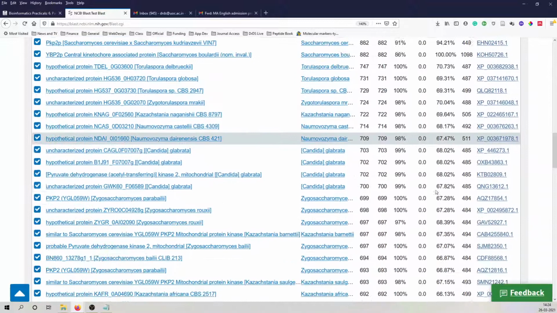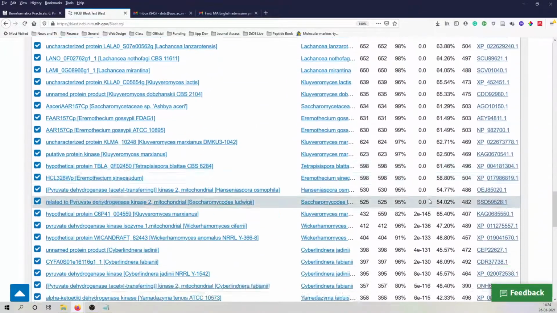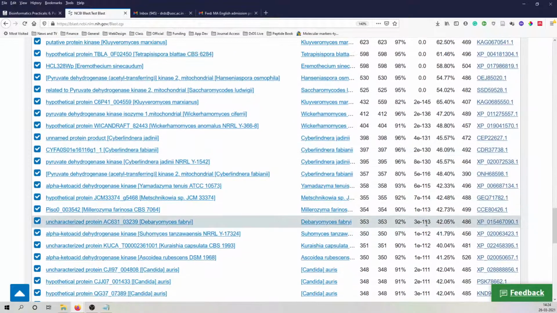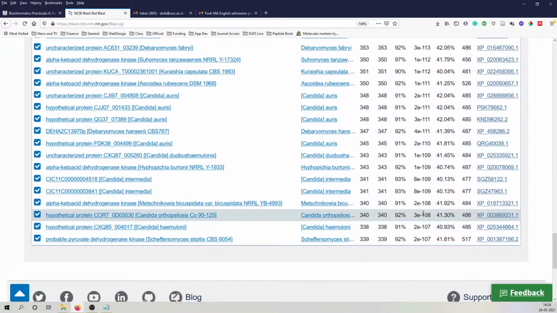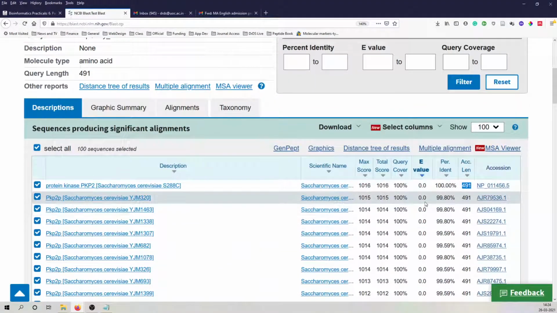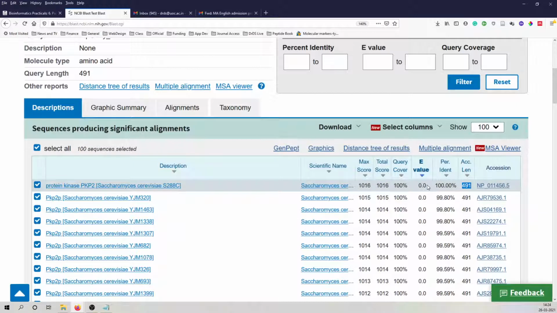The E-value is almost 0, and when we come down, the E-value may increase. A higher E-value means lower similarity. So the most similar sequence will have the lowest E-value, or the 0 value, with 100% identity and 100% query coverage. The query coverage is also important because 100% query coverage means all the 491 amino acids are present in this database sequence also, so it has the same length.